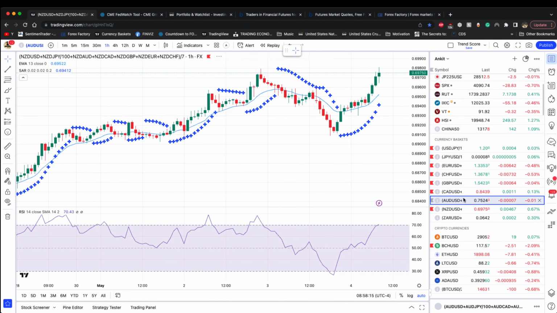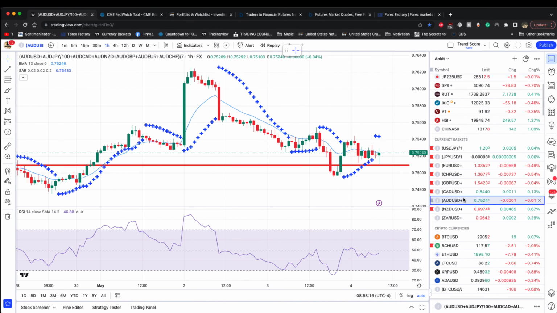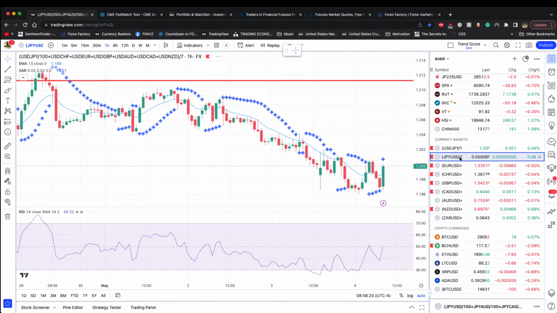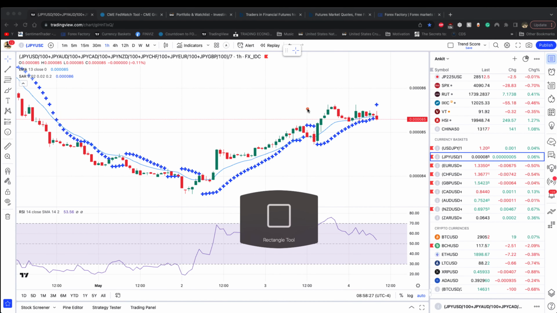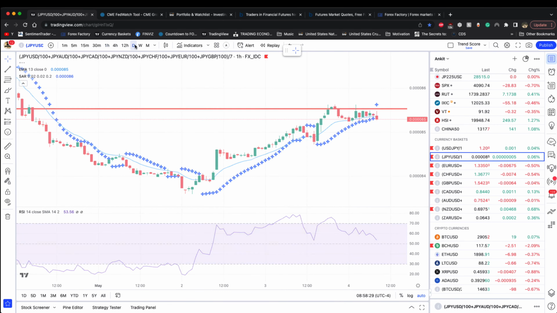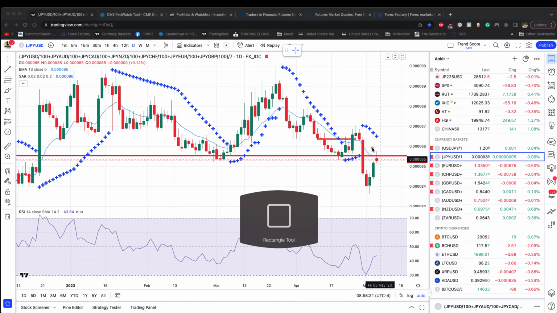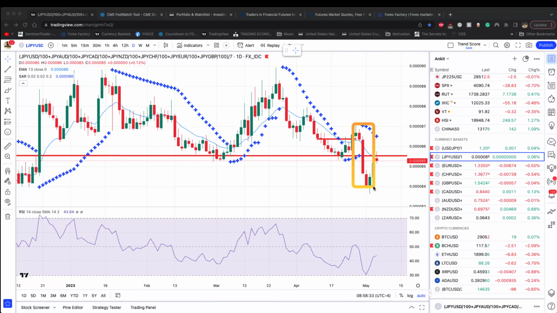So, Kiwi already looking pretty strong. Aussie's not where the money's going. So you've got to see where the money's going. It looks like it's the CAD for the shorter term, and we're seeing a little bit of a short-term move in the dollar. And yen could potentially roll over. I think this would be a great setup if this can roll over, because we had a massive move to the downside with a massive rally here.